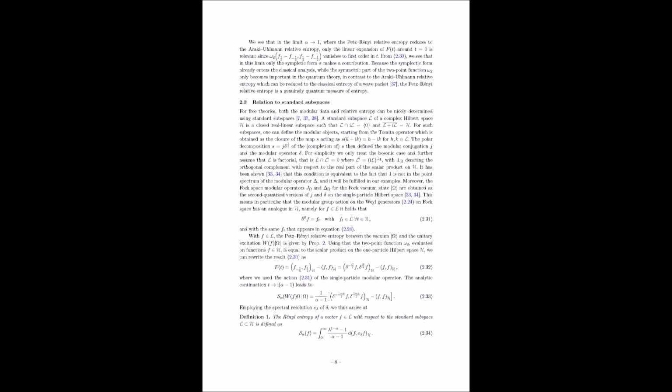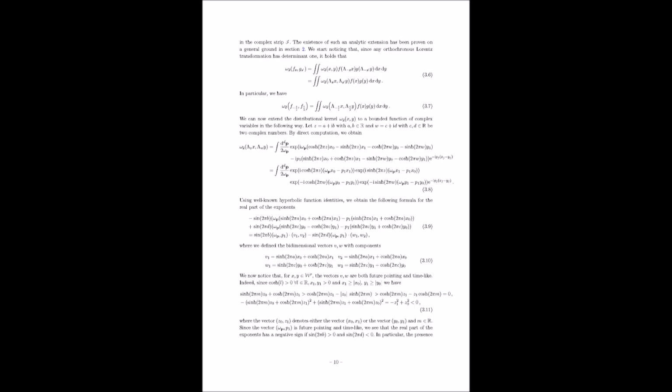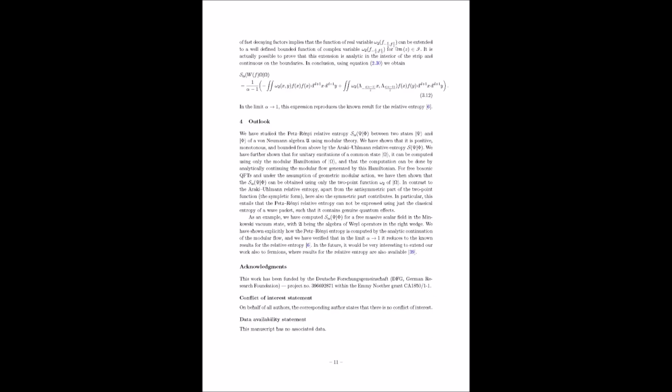And it highlights the power of their method. They've managed to generalize the calculation of relative entropy to the Petz-Rényi case, which provides a more refined and nuanced measure of the difference between quantum states. Okay, so they've successfully tackled this concrete example and obtained some interesting results. Is there anything else they explore in this section before moving on?